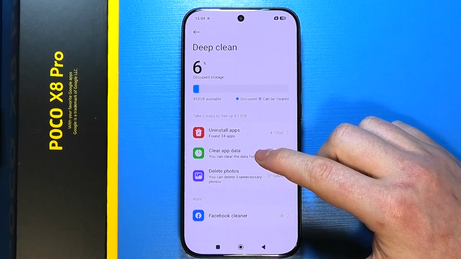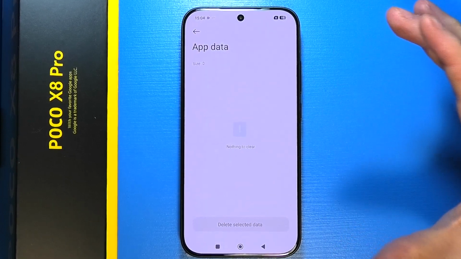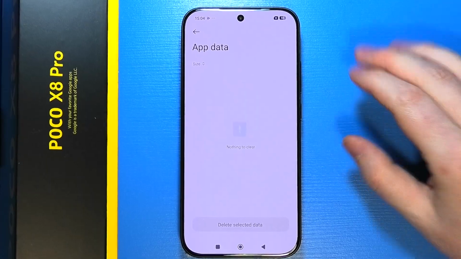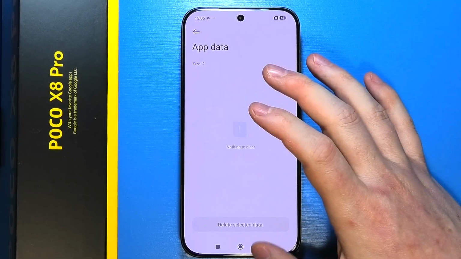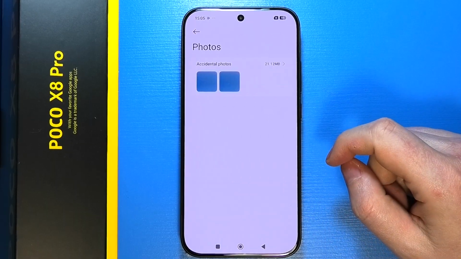Then we can go for clear app data, and now you'll be able to clear app data. That means everything that app saved for your phone. It should clear a lot of space on your device, and you can also delete photos right here, which will